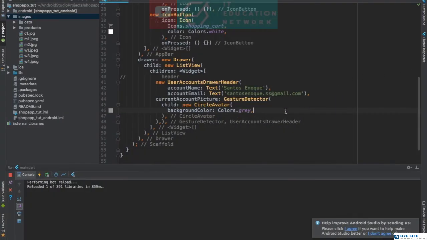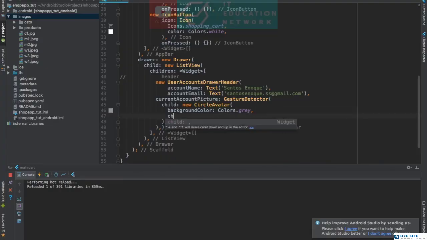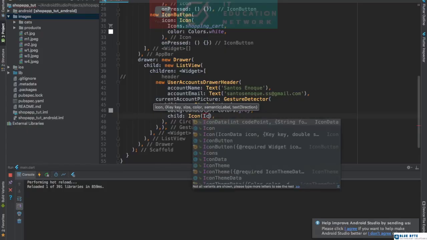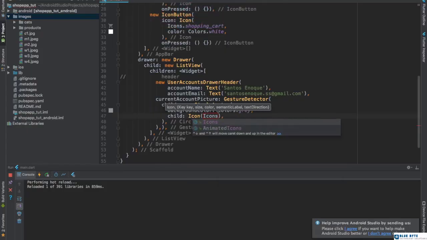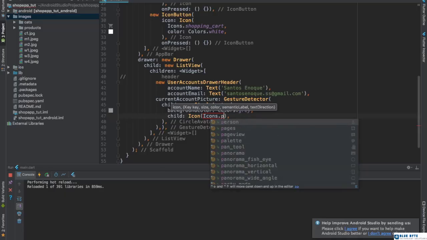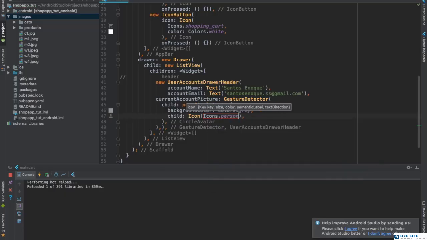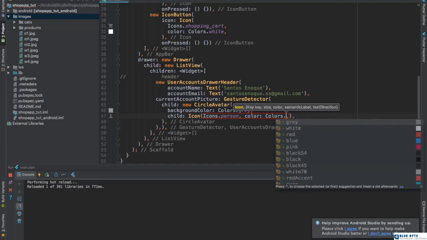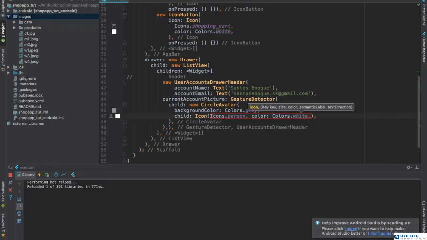In here we can also write, let's see how is this going to come, child icon, and in here we're going to write icons dot person, for example, and I'm going to give this color, we're going to give this colors dot white. Okay. Now we can just